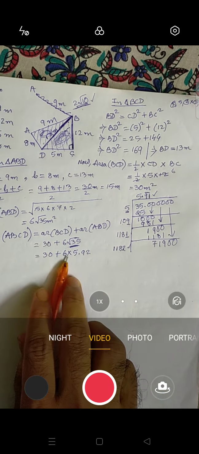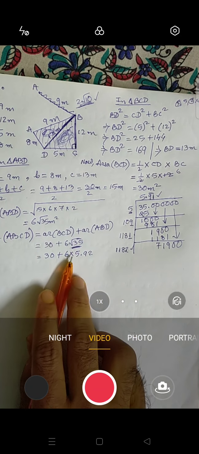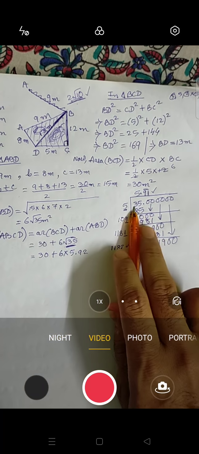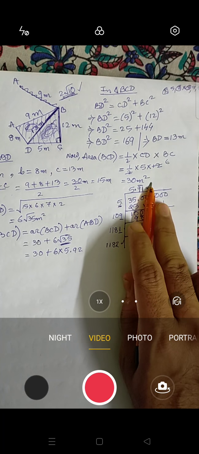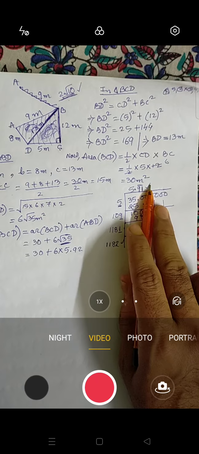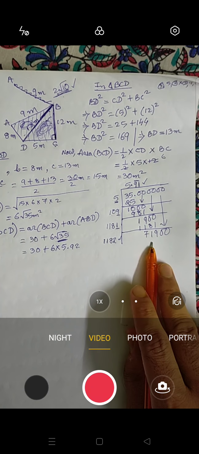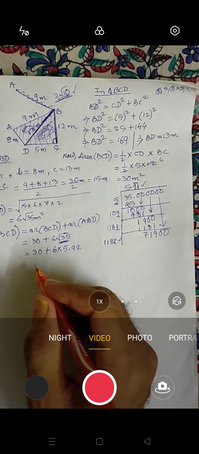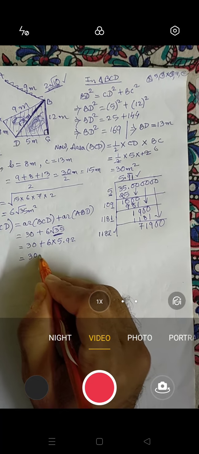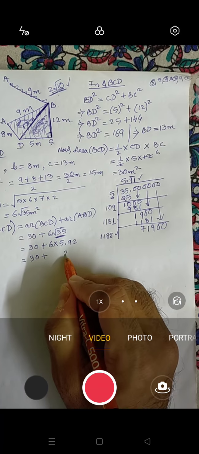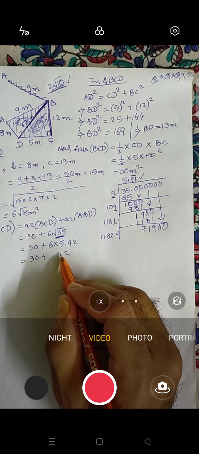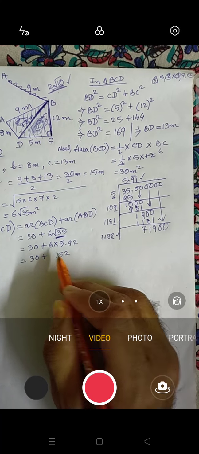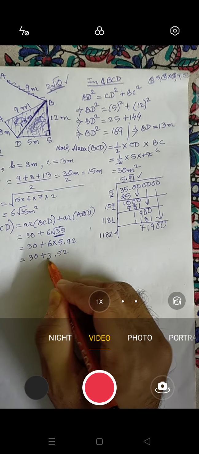This is 6, 6. This root over means into. So root 35 means 5.9. I am taking this as 2 because here the number will be greater than 5 or 5. I have saved my time, okay. So I got this one. Now we will multiply this one. Multiply this value. 30 remains 30. Now multiply this one. 12, carry 1. 6 9s are 54, 55. Carry 5. 6 5s are 30, 35.